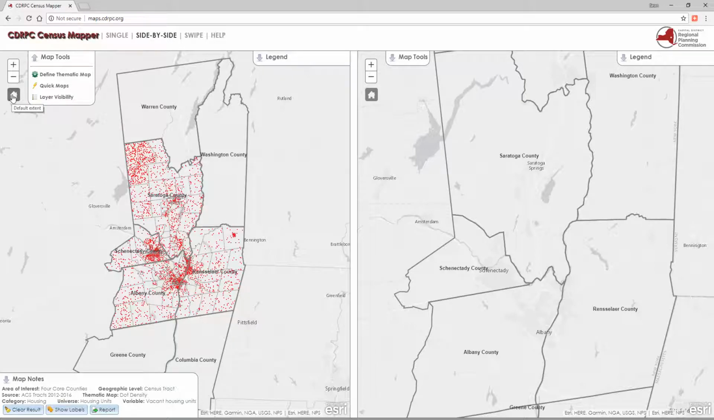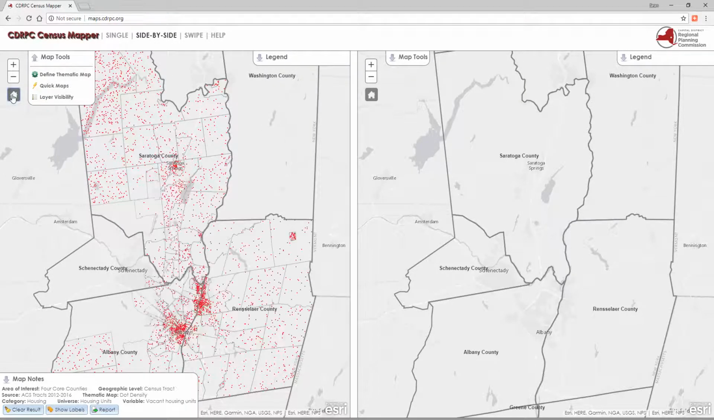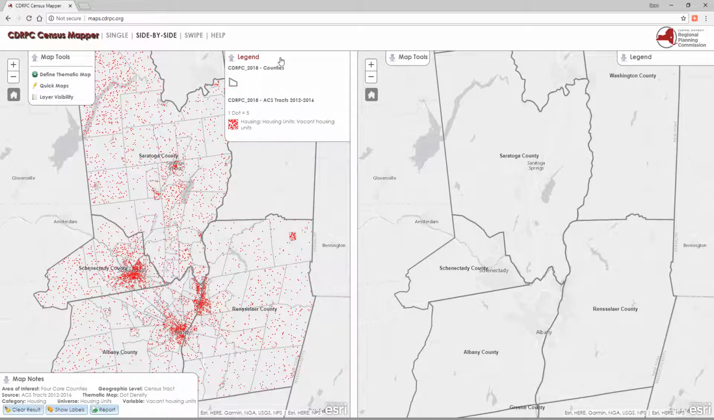I'm going to zoom in by clicking this tab. Depending on your screen settings, it may zoom into this automatically. And I'm going to open the legend. A dot density map in this case is showing 1 dot equals 5 vacant housing units, and you can see the distribution of vacant housing units. And if this map note is in the way, you can click that and it'll move out of the way